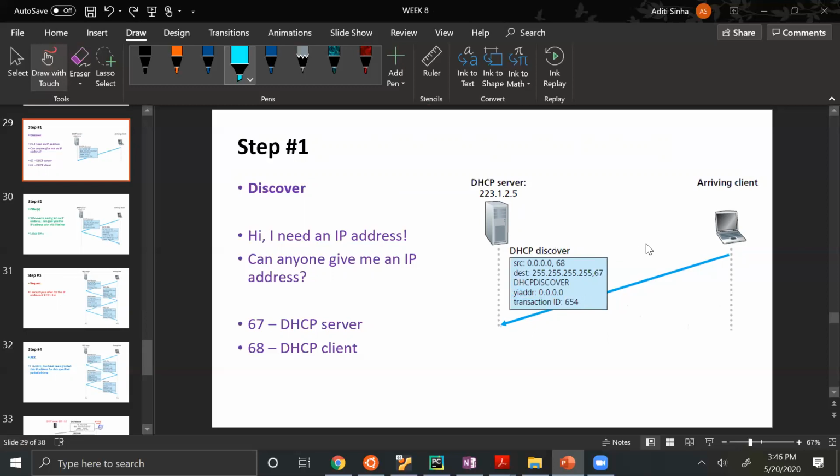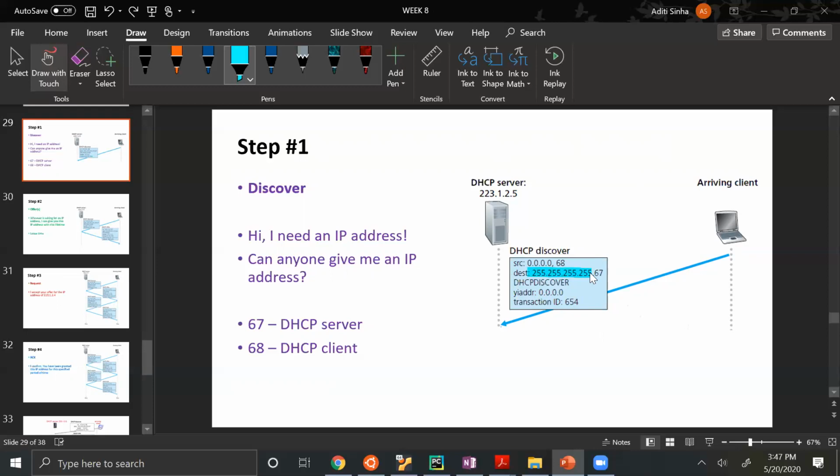So if there are say 3 clients at a time and they're all writing the same source port number, destination port number, source IP address, and destination IP address, there needs to be a way to distinguish between multiple transactions. So we have something called a transaction ID, which the arriving client will write into the headers. And so it will broadcast this DHCP discover message.